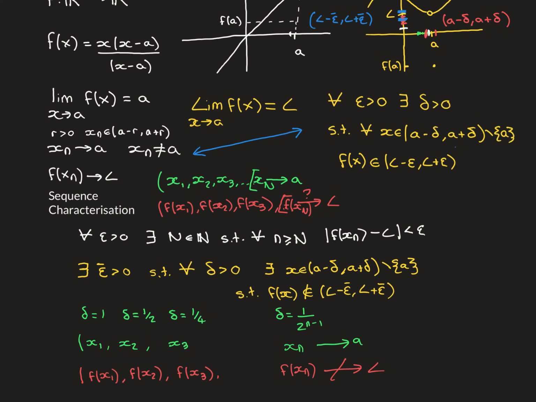Before we move on, I would like to point out that this sequence characterization, which at the moment is extremely broad, can be made more restricted. And this restriction that I'm going to show you is going to be extremely helpful later on for certain results that we want to prove. So at the moment, these sequences aren't really restricted at all. They need to converge to A, and they're not allowed to have any terms equal to A, but apart from that, these terms can be whatever you like. The tail end of the sequence has to converge to A, but the finite number of terms at the beginning of the sequence could be all over the real line. Now that's going to be annoying later on. At the moment it's not causing any problems, but it is going to be annoying later on.